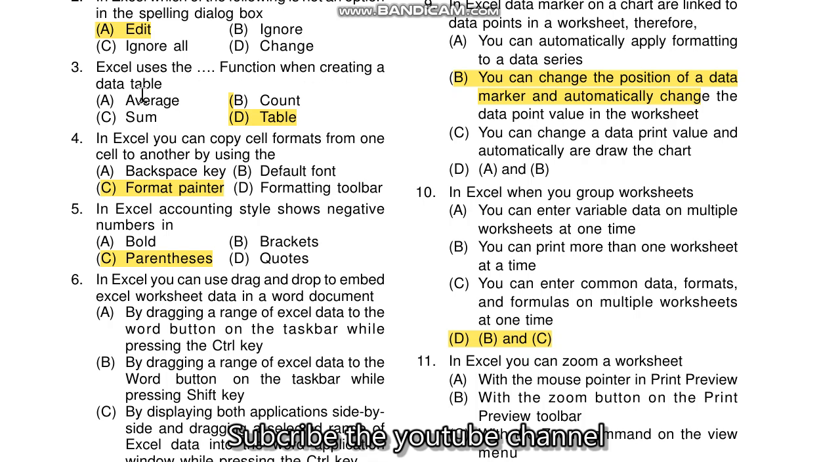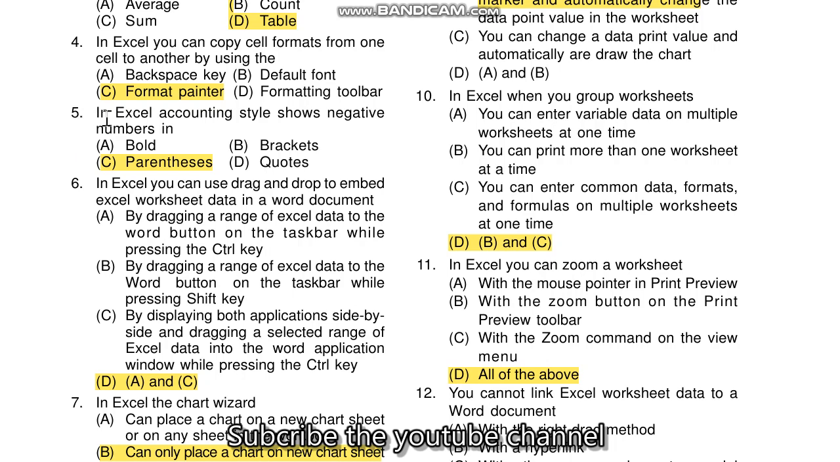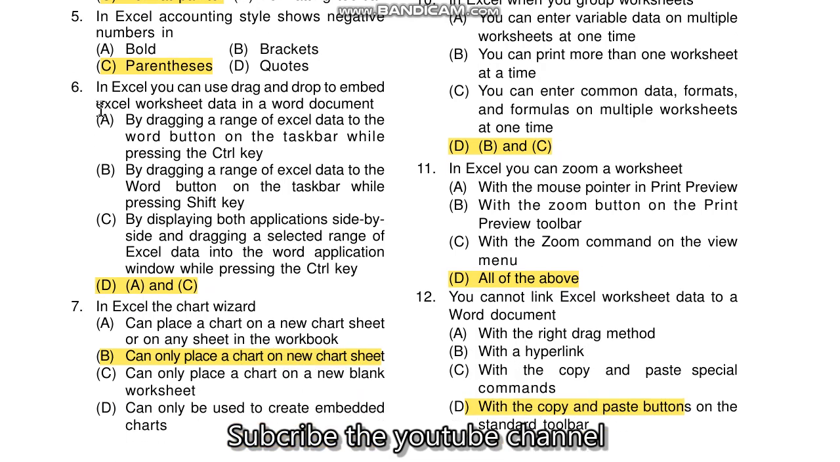क्वेश्चन नंबर 3 है, एक्सेल यूजेस द फंक्शन व्हेन क्रिएटिंग ए डेटा टेबल कहलाता है। Question number 4, in the Excel you can copy cell format from one cell to another by using the format printer कहलाता है। Question 5, in the Excel accounting style shows negative number in the parentheses। Question number 6, in Excel you can use the drag and the drop to remember Excel worksheet